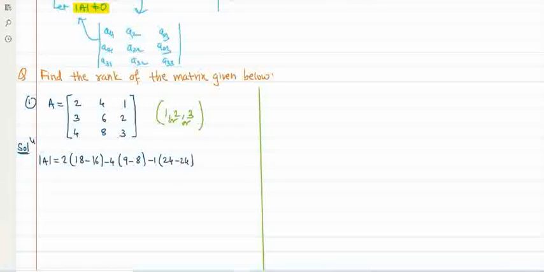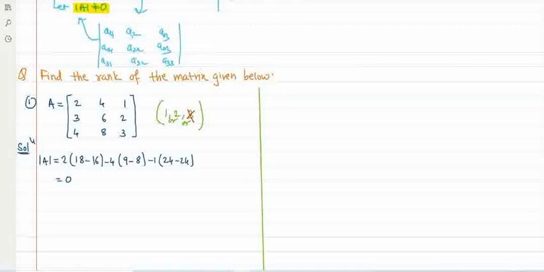I hope that everyone knows how to evaluate the determinant. Answer is 0. Then by the definition, there exists at least one minor of order r, order 3, which is not equal to 0. Is it possible that rank of A is 3? No, rank of A equal to 3 is not possible. That's why I cross. So the next one, you have to find at least one minor of order 2